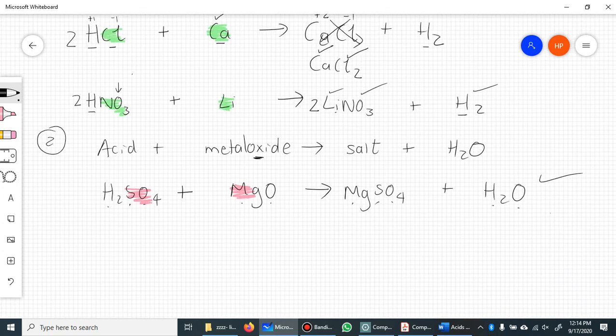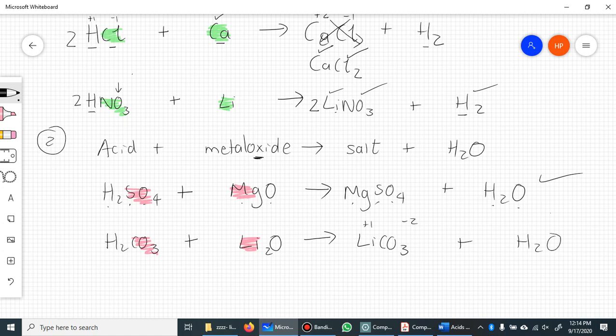Okay, next one. Let's use carbonic acid, H2CO3, plus let's do lithium oxide. In this case, you are going to form your salt with your metal as always and the second part of your acid. So it's going to be LiCO3 plus water. Let's cross multiply. This is +1, this is -2. So that 2